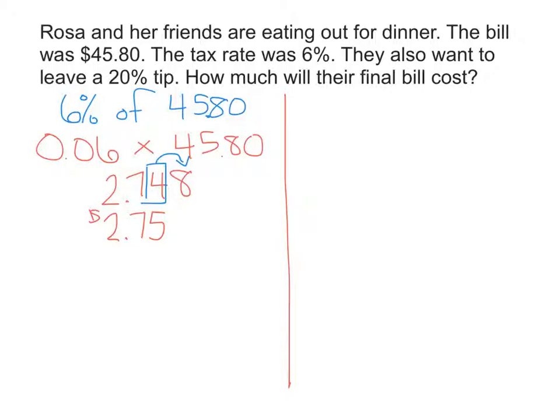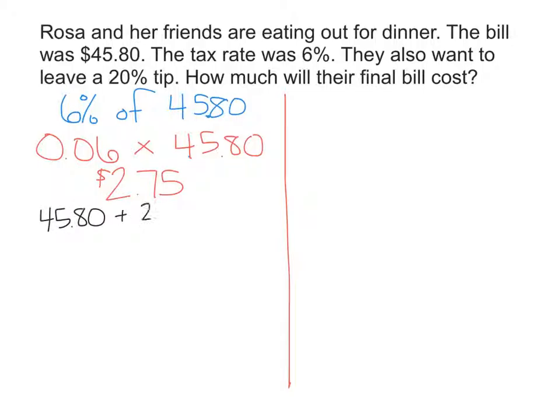Okay, so I'm just going to erase this so I have some room. So $2.75 is how much tax we're going to add on to this. Now I still want to leave a tip, but before I can do that I need to find how much my total is right now. So as of right now I have $45.80 plus my tax, which will give me